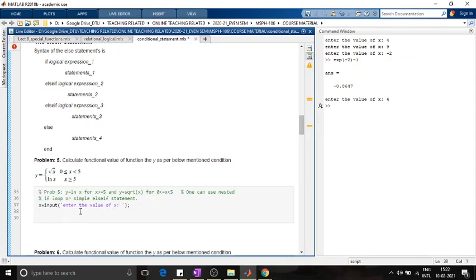Now you write if, what is the condition? The condition is if x is greater than or equal to 0 and less than 5, then you want to have some functional value. So first write down the condition. You have two conditions: x is greater than or equal to 0. So this is the first condition,